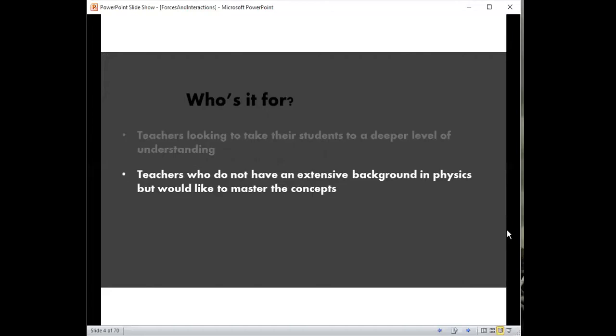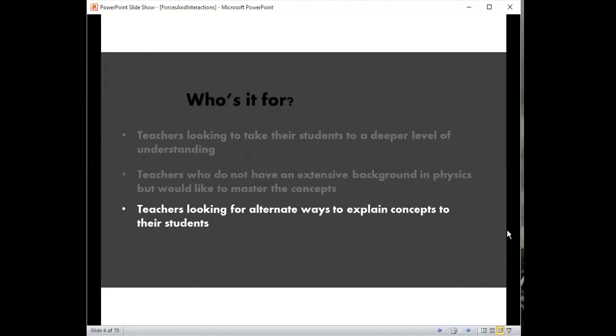This is also for teachers who do not have an extensive background in physics but would like to master the concepts. So if you are sitting here and say, I don't know any physics and I never took any physics in high school or in college, and it's really a topic that I'm scared of or I struggle with, well, you're in the right place because I am going to do my best to break these concepts down so much that you can look at it and grab it and say, you know what, I can take this and run with it. And this is also for teachers looking for alternate ways to explain concepts to your students. There are always many ways to explain the same concept, and hopefully there are a few concepts and explanations in here that